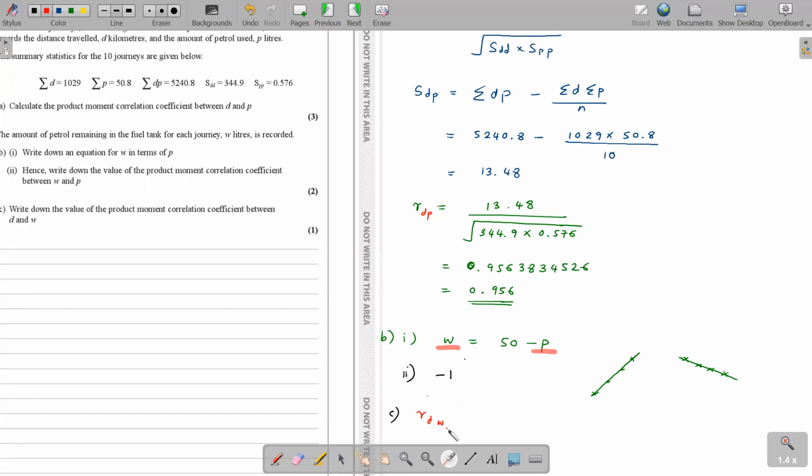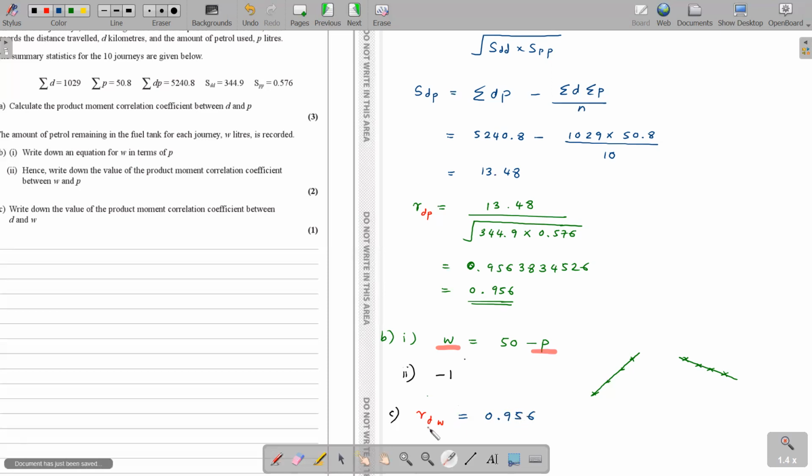D and W. The P value here is coded by using 50 minus P and we get W. When you do D and P, we got 0.956. So when we go for D and W now, the product moment correlation coefficient is not affected by coding. It is not affected, which means the RDW should be